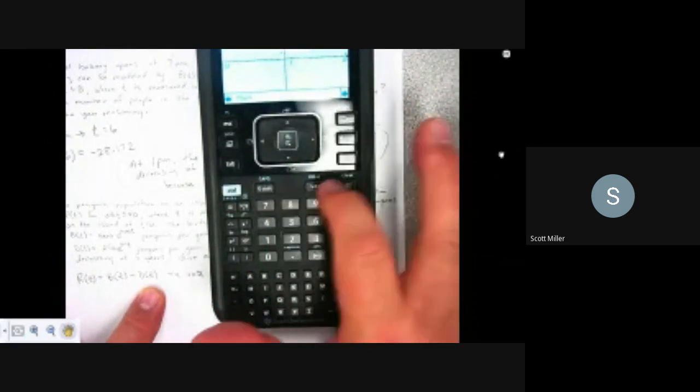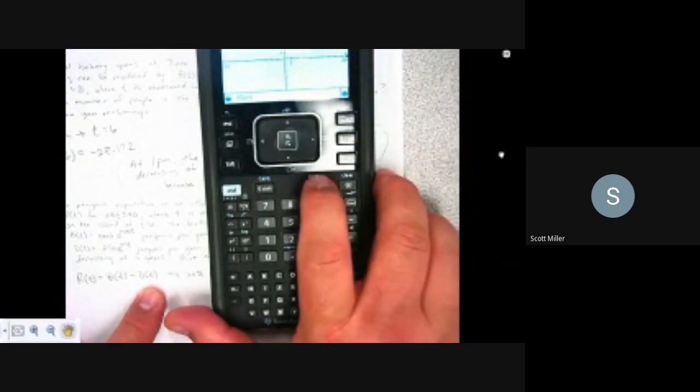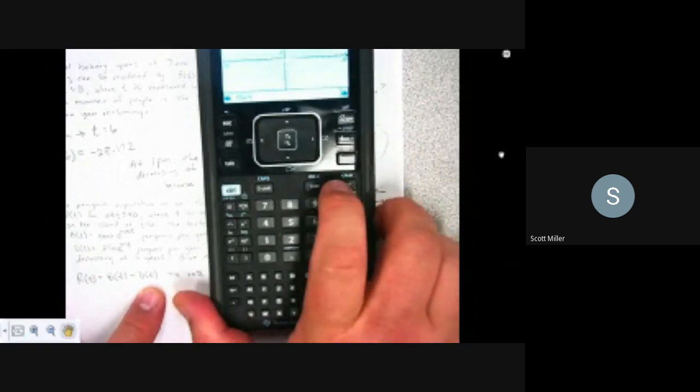But anyway, I'll have to figure this out. I don't want to take more time on this one, but there's a way to get into the variables. I just forgot how to do it. And I'll have to deal with that in a minute. Okay, but when you do that, you type that in, you find R at 5, you're going to get